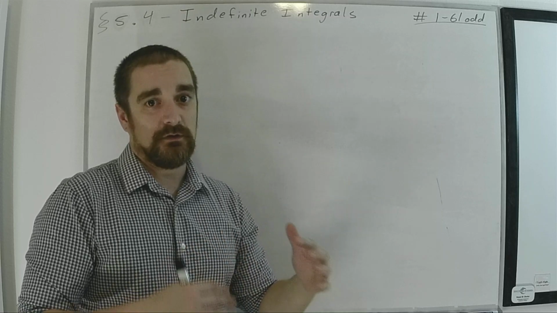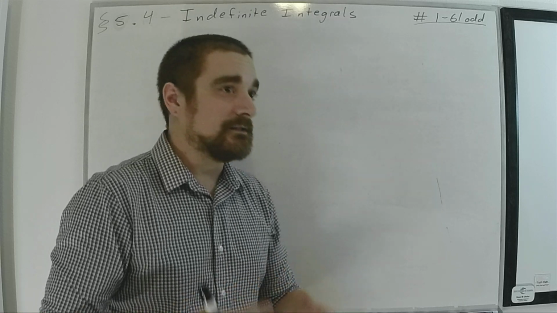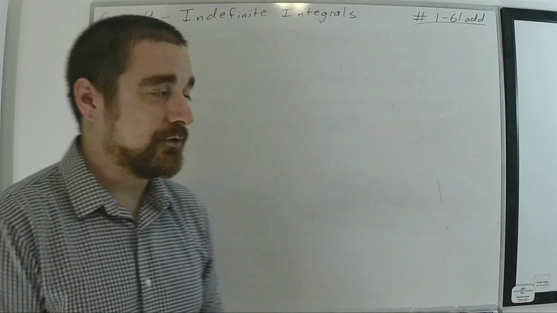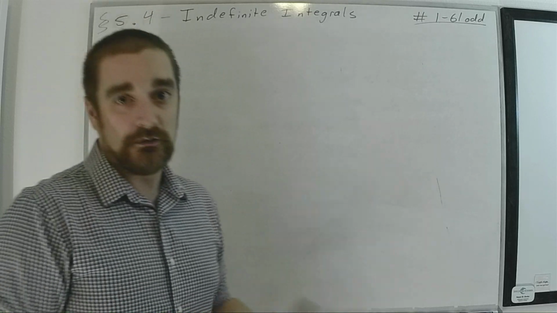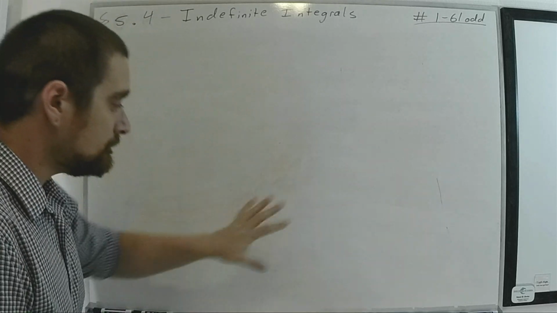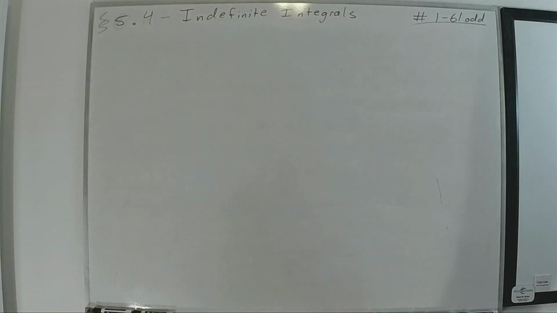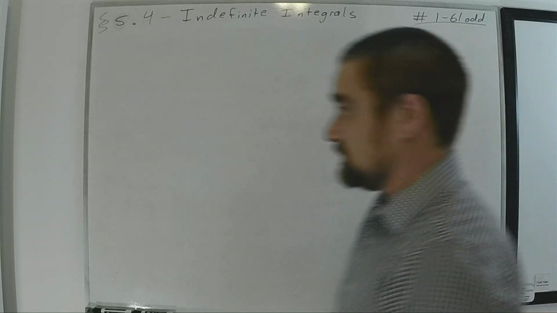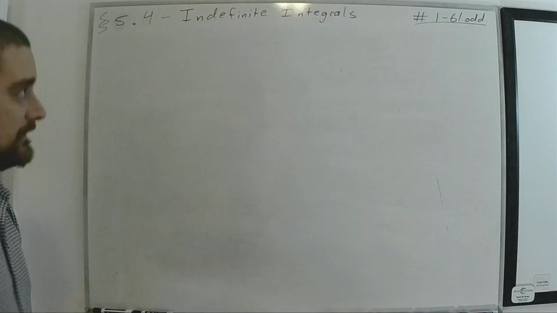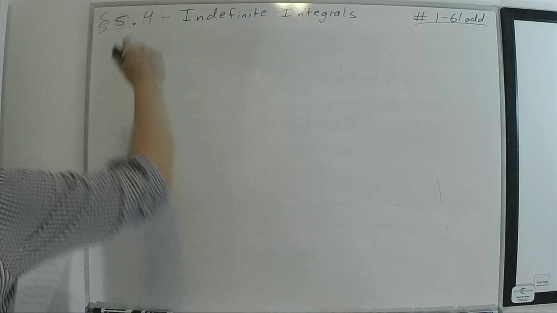Integration is always going to be some sort of artistic technique that you have to constantly be on your toes with. It takes practice. It just takes practice. So, again, wrapping it up in the big picture here, this section is going to be pretty important, and so will the next section. It'll be very important when you go on to Calc 2. So, right off the bat,